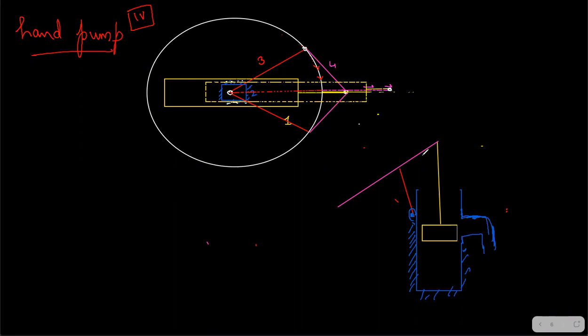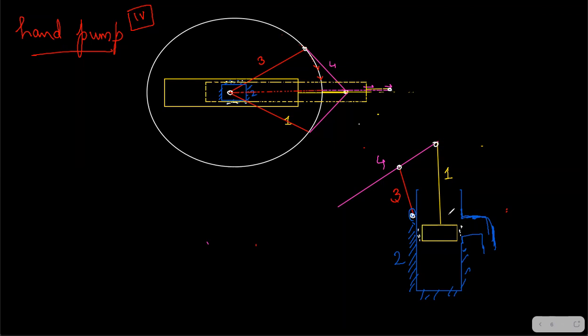Yes. So now guys, just see what was our link. This was link number 2, and the red one was link number 3. You just see if anything has changed. Let me know in the comment section if anything has changed from it. And what was this? The slider was link 1, so this is link 1, and pink was link 4, right? Yeah, link 4. Yes, and there was a revolute joint. There are revolute joints everywhere between 3 and 4, between 1 and 4, and that's it. Here also one revolute joint, and this is sliding.